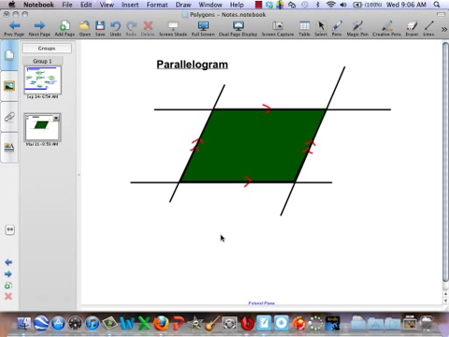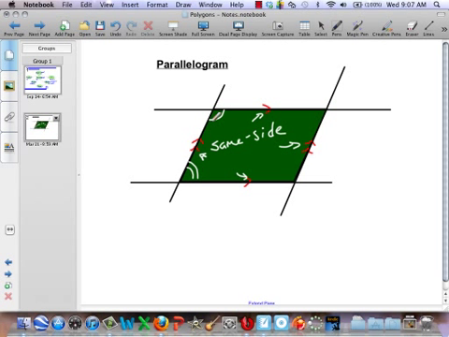Now remember back in the parallels and transversals unit that there's a special relationship between this angle and that angle. Remember, we call that same side. So one of the things I really want you to take out of this video is that a parallelogram has two pairs of parallel sides,